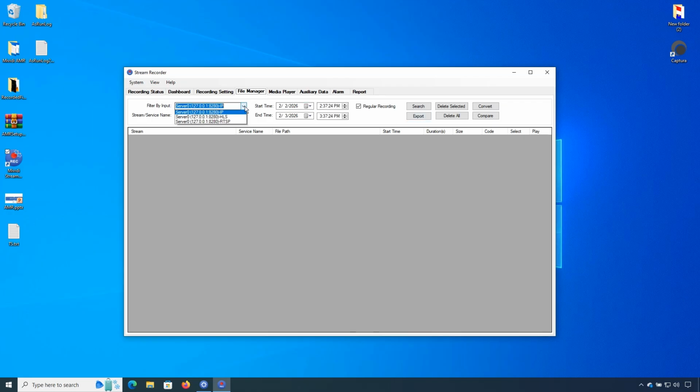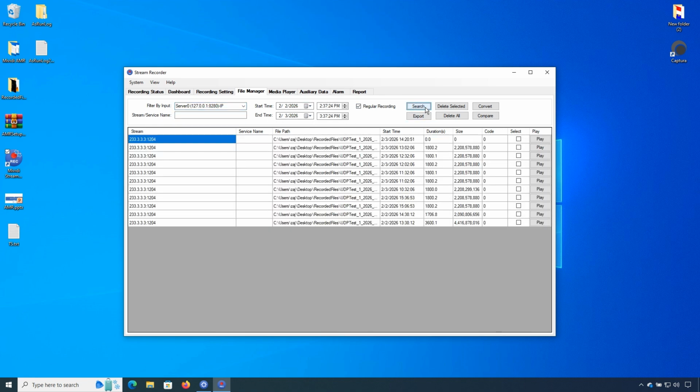Transport stream recording requires a large amount of storage space. Therefore, it is necessary to have a large hard drive, but also to clean up old recording files frequently. To prevent recording errors, the TSM server program includes an auto cleanup feature. The program will monitor available storage space while streams are being recorded. When the free disk space is less than 10% of the hard drive size, the program will start deleting old